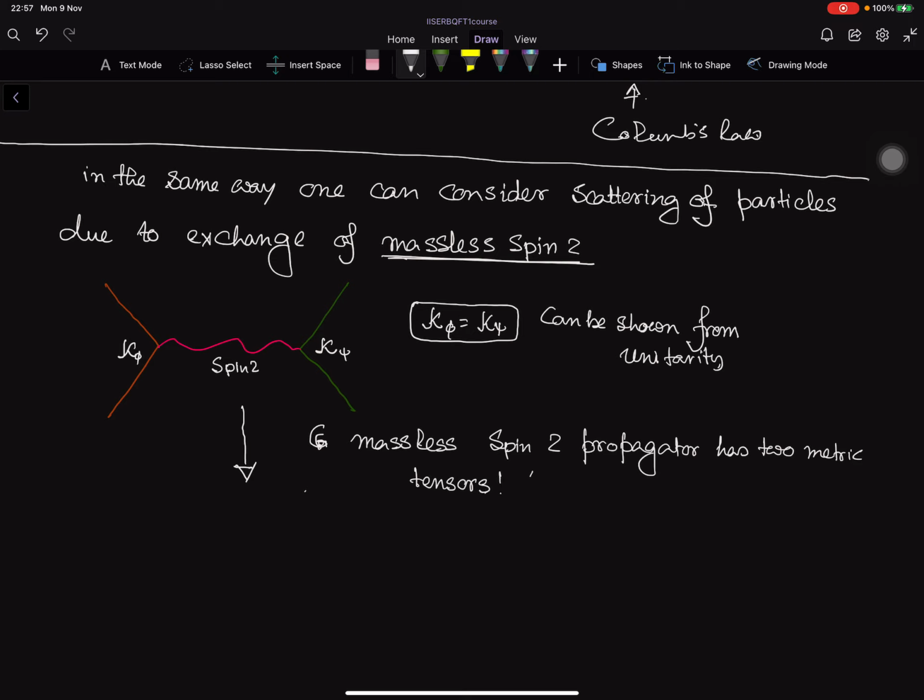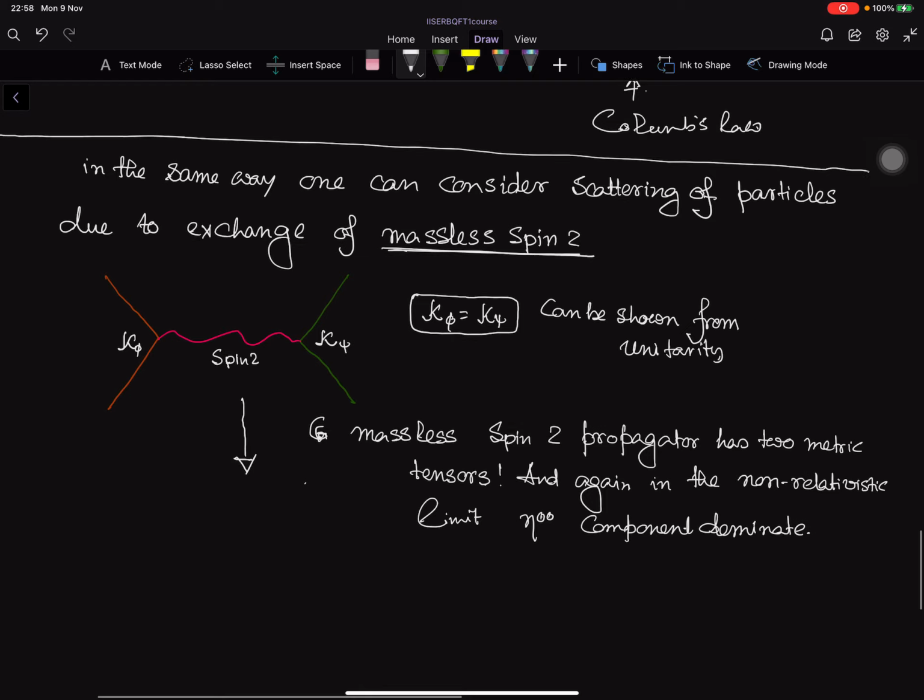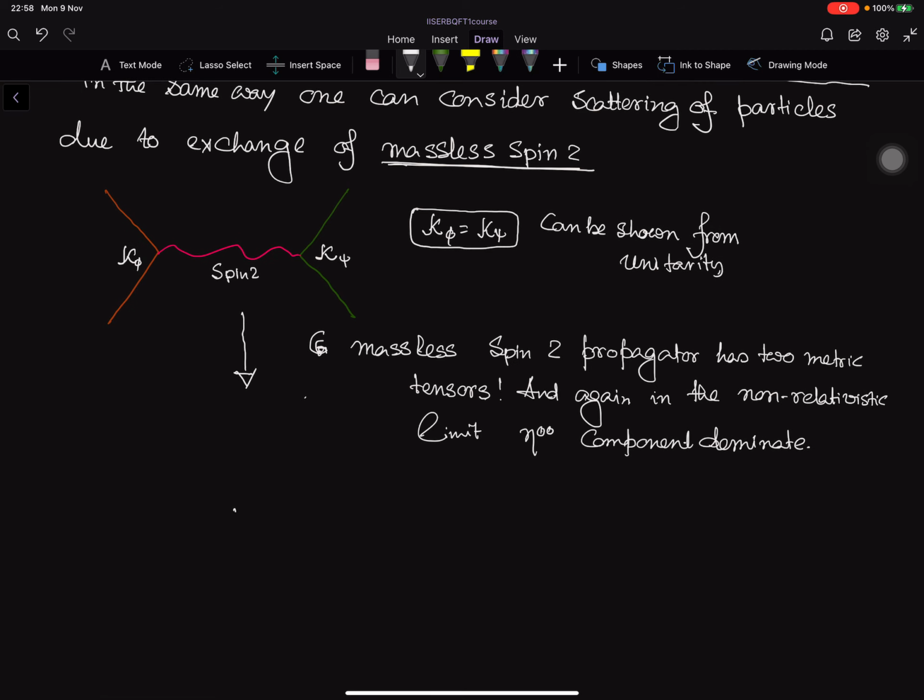Okay, and again in the non-relativistic limit, the η_00 component dominates. And in that limit, the scattering amplitude just becomes